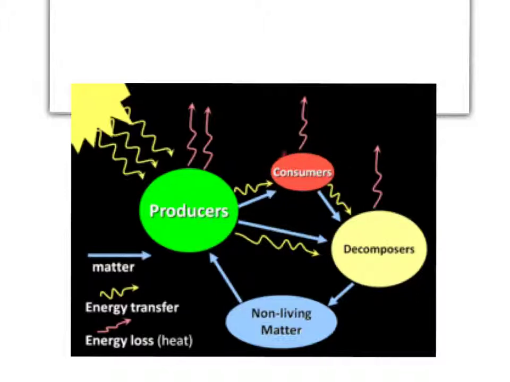Those consumers could be ourselves, or they could be other animals that we then subsequently eat. So this could be grass produced in a field, which is then eaten by a cow, which produces milk. So what we do is try and maximize the flow of matter, which is chemical energy, from producer to consumer, and also to maximize the amount of light energy that the producer manages to convert